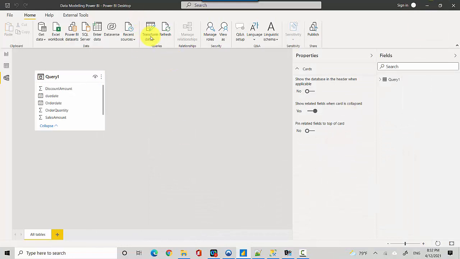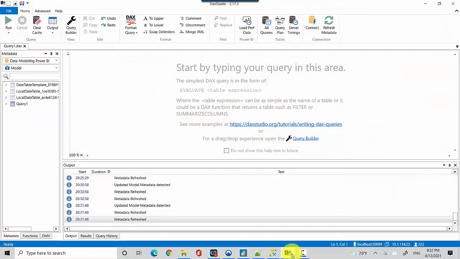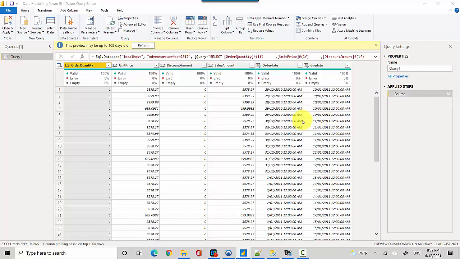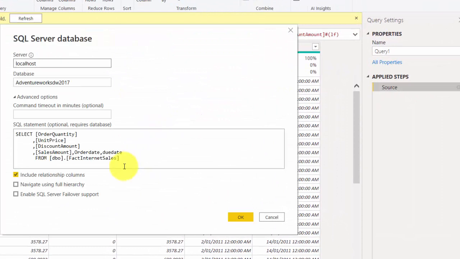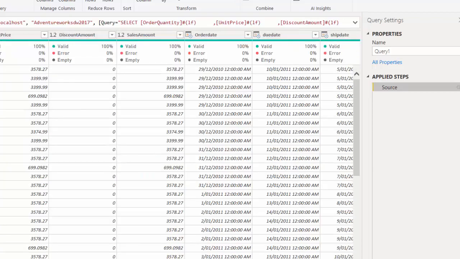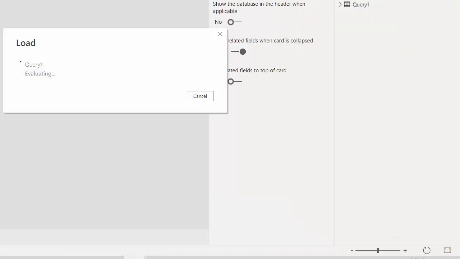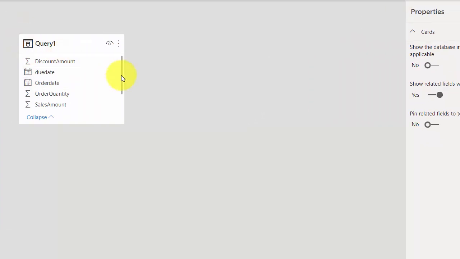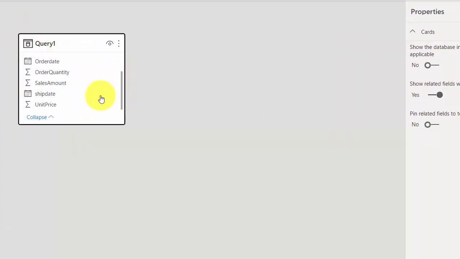So let's go back one more time. And as you can see, we've got two dimensions. So we'll add one more date key called ship date and you will see it has added one more table here. So let's just go here and say transform data and I'll change this and I'll say ship date and click OK. And when I click close and apply, we'll wait for it to become available in the data model. And you can see I've got three fields now: due date, order date and ship date.